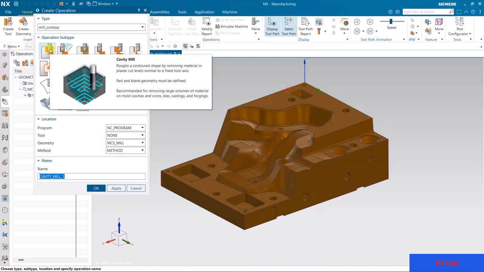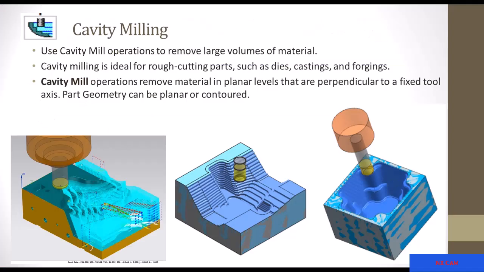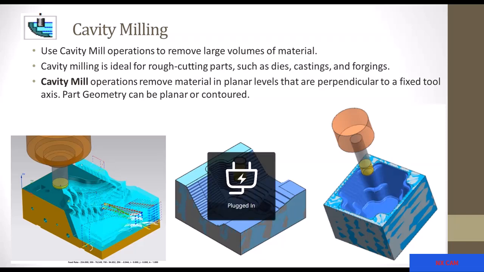We use cavity mill to create a roughing operation for any part. So the cavity mill operation is used to remove a large amount of material. That's why we call this a roughing operation, and we use different types of tools to remove this material. Most of the time we use an anvil, tip radius tool. These types of tools are used for roughing operations, and we cut many types of parts like dies, cavity,